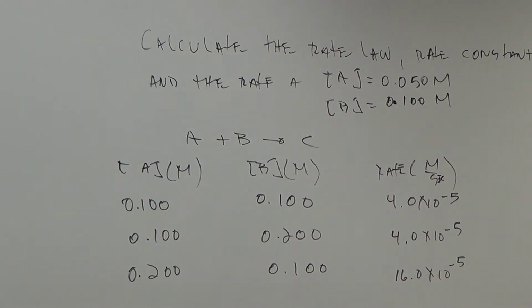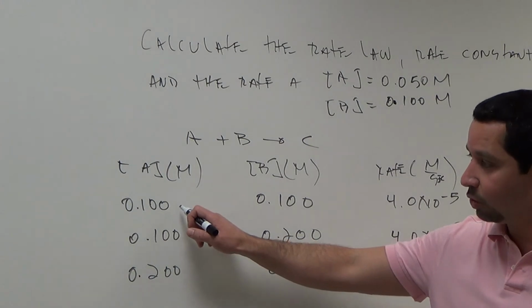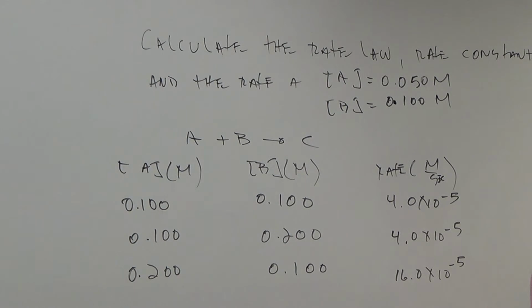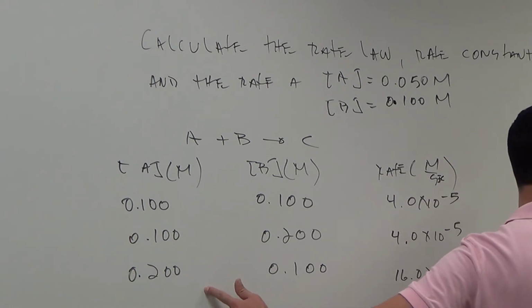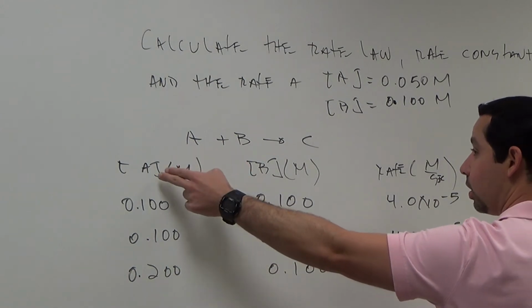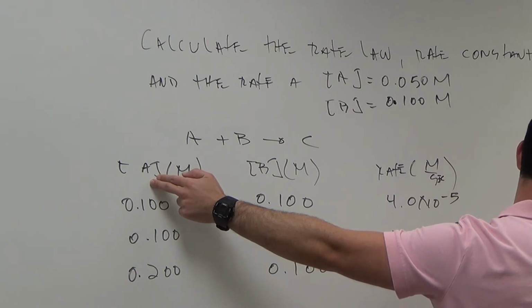That's a tough one for you. Okay, let's do baby steps, okay? So, which two numbers am I going to use to find A? The first one and the last one. I'm going to use the first one and the last one because the first one doubles, while this one stays the same, yes? So I'm going to say, since it doubled, I am going to use 2. What was it that doubled? The concentration, yes? The concentration for which letter? For letter A. A is raised to what power? Power m. And that is equal to